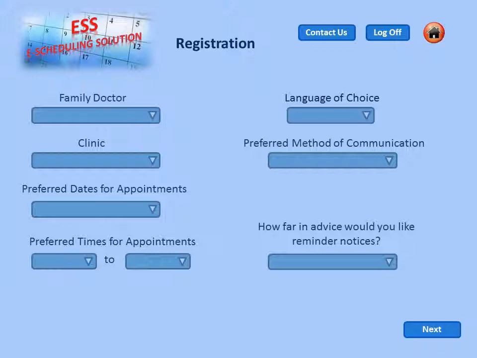And this is additional information, the family doctor, clinic. These are drop-downs for any of the doctors or clinics who have been enrolled into this program. They can add their preferred dates of appointments if they prefer any days Monday through Friday or Saturday, and preferred times of appointments. So if they just want evening appointments, they can put from 4 o'clock up to, let's say, 9 o'clock. We've also added a few other